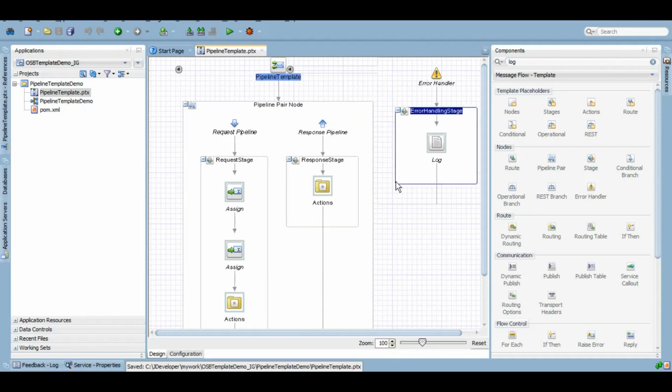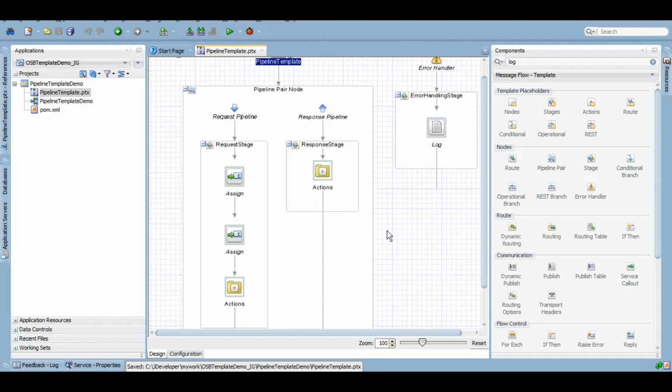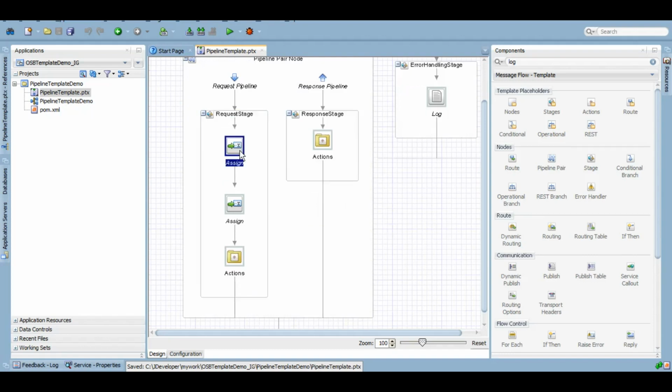As of now, I have set a few rules only: there should be an error handler on the top of the pipeline, which will log the fault variable, and I want to assign the initial body variable to a custom variable altogether. And then this assign I have just added to show you guys that if we do not lock it, it is an editable action. And I have added a couple of placeholders so that whosoever will implement this template can customize certain data to it.